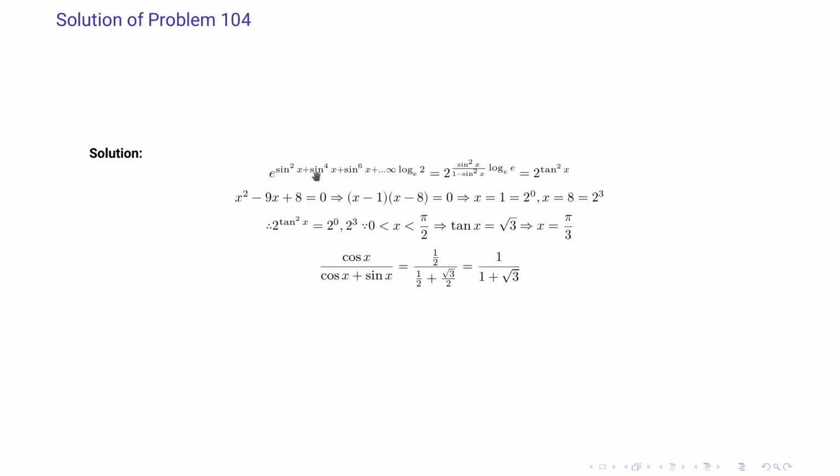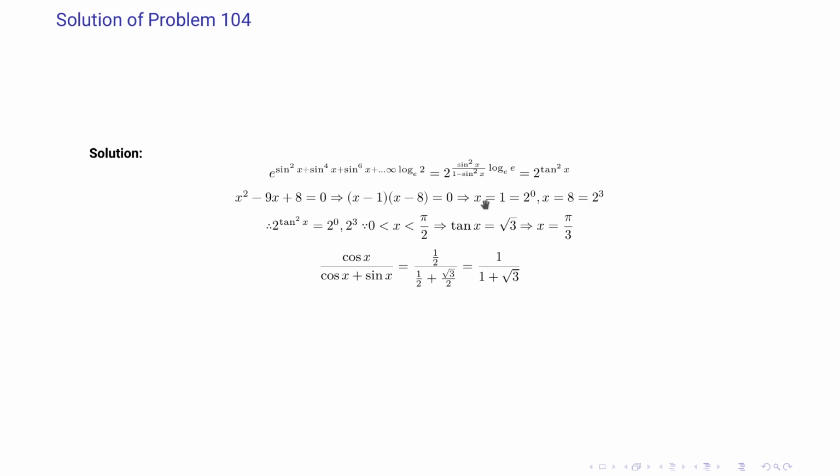Now it involves a bit of logarithm knowledge. In this case, we swap 2 and e here, and the sum of the series would be sin²x/(1 − sin²x), and the log will become log of e with base e. That means it is equal to 2 to the power tan²x. Now the given equation is x² − 9x + 8 = 0. That gives us x = 1 as one of the roots. 1 is 2 to the power 0, and the second root is x = 8, that is 2